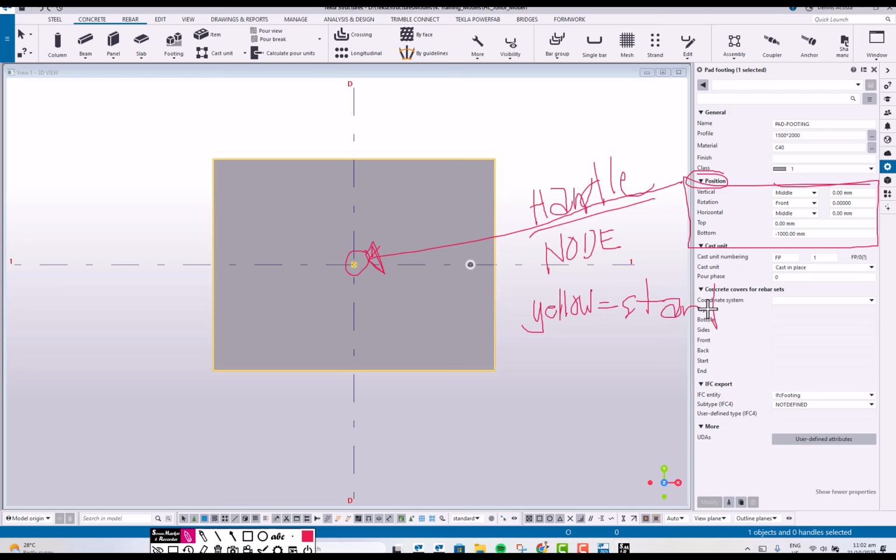Magenta, that means end. Okay? Yellow start, magenta end. Clear? Right. Okay, now,